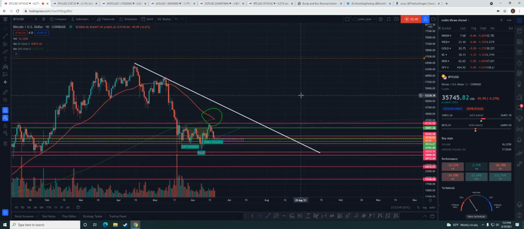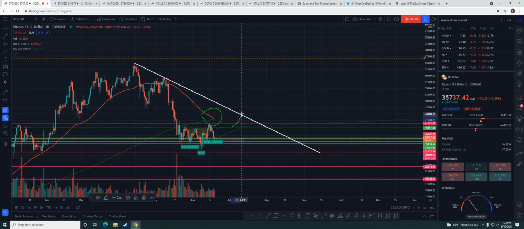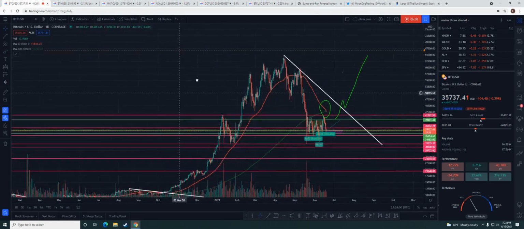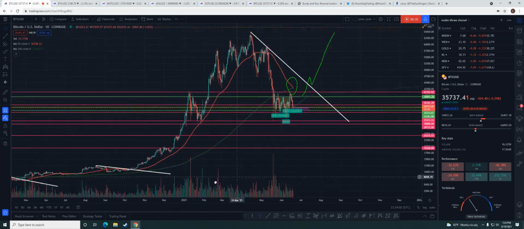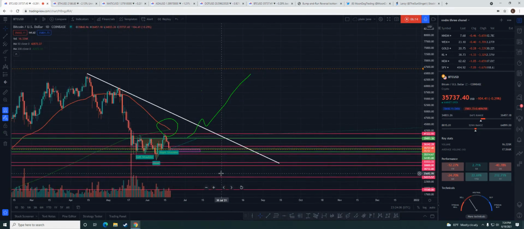Okay. Now, what needs to happen? This head and shoulders plays out, guys. Okay. We can get the bump and run reversal. Okay. This plays out and we can go up here, retest, and boom. I'm talking, we can get the bump and run reversal like we did on every single one of these, right? We're setting up for the big one, the big bump and run reversal. So let's see if this head and shoulders plays out.